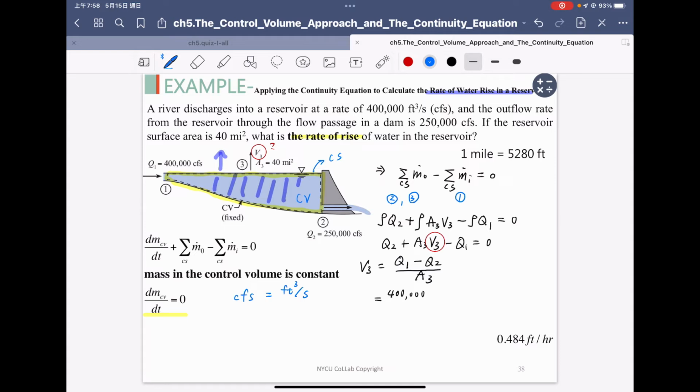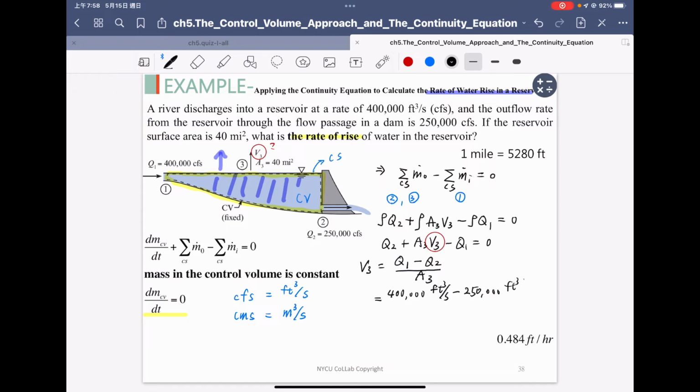Similarly, when we talk about CMS, it is cubic meters per second. So here the dimension is cubic feet per second, minus the discharge Q2, which is equal to 250,000